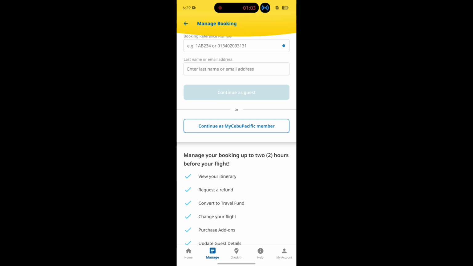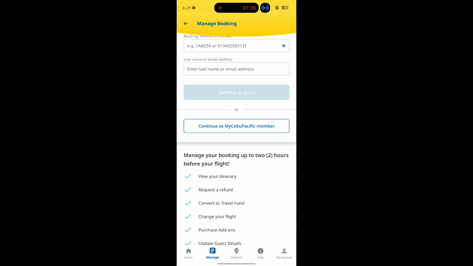So you just have to look for the add-ons or baggage or manage trip, and then you just have to tap it and select your preferred baggage allowance, commonly 20, 25, or more depending on your flight. So this option is available online and in app up to 2 hours before your departure. So you just have to choose and confirm the baggage, select how many kilos or pieces you need,